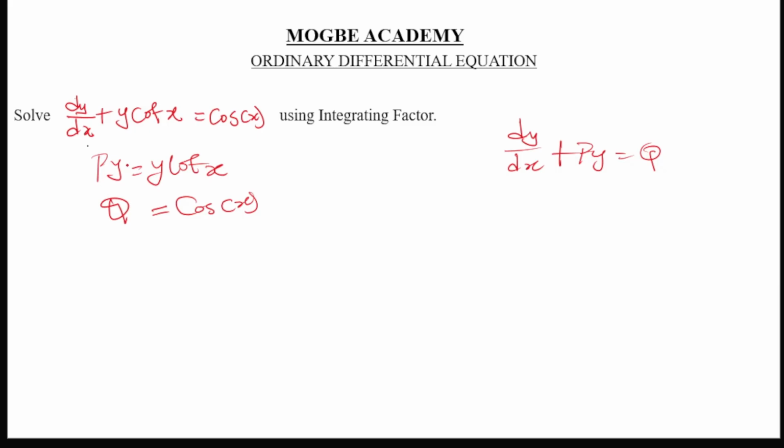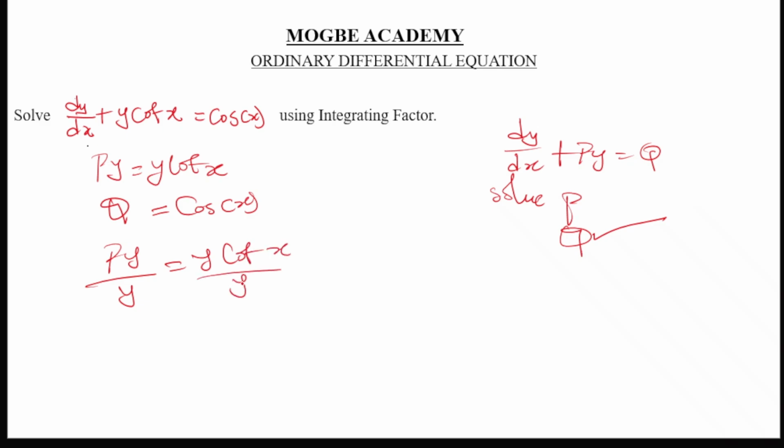So basically, since you've succeeded in getting Py and q, go over to the next step. The next step simply says solve for or compare to get P and Q. Here we've gotten Q already, which is what we have here. The next thing is to compare to get P. Now, how do we get P here? We can only get P here if we divide both sides by y. So if we have Py divided by y, and this is equal to y cot x divided by y,